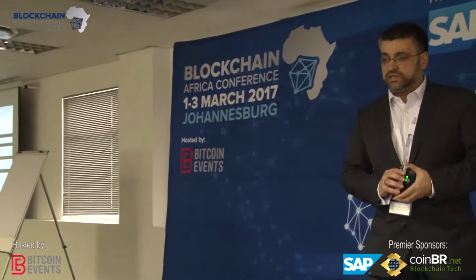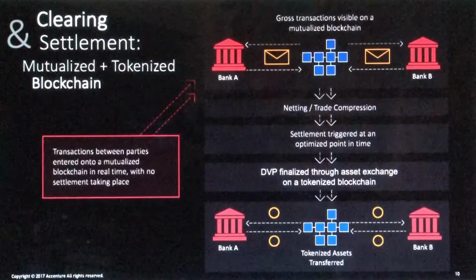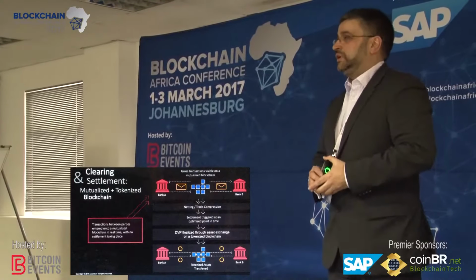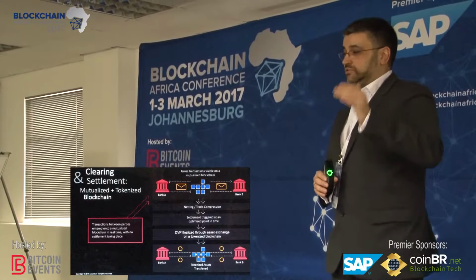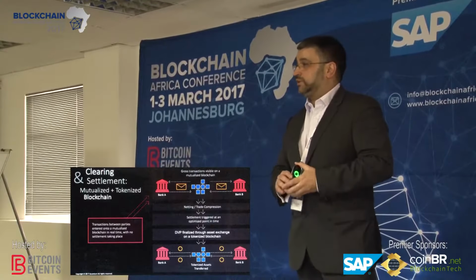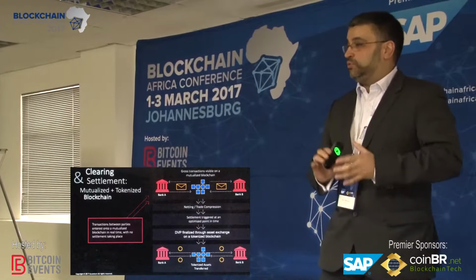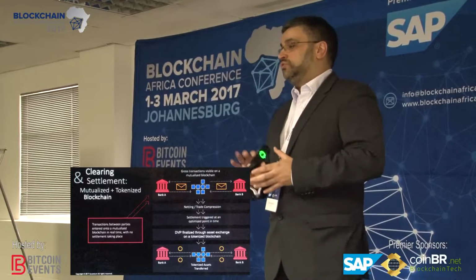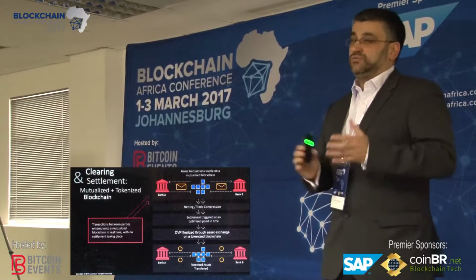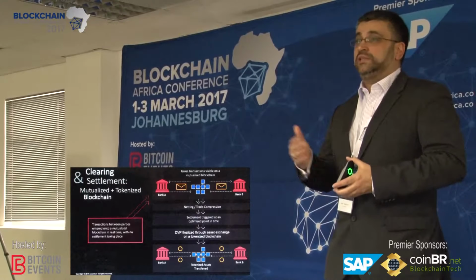What we talked about initially in the first slide was really around the tokenization and the messaging. If we take a look at clearing and settlement, because we have the ability to send obligations back and forth, and because we've decoupled the message from the tokens, we can create a lot of transactions and then, at an optimal point in time, settle those transactions at the right point for a particular organization. Today there are very few options because you end up doing end-of-day settlement.